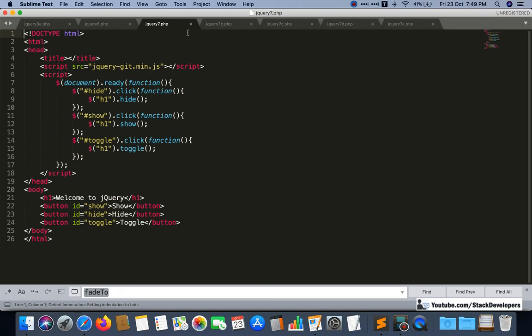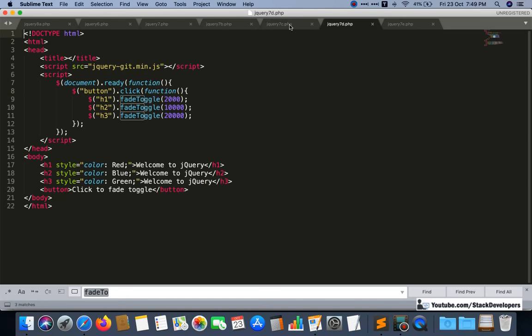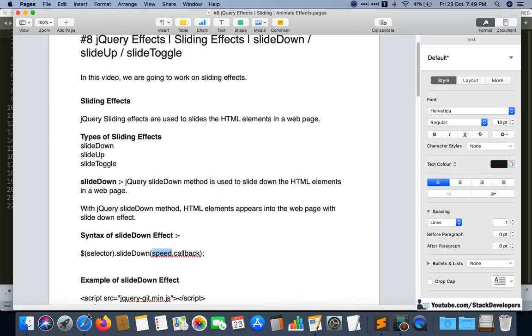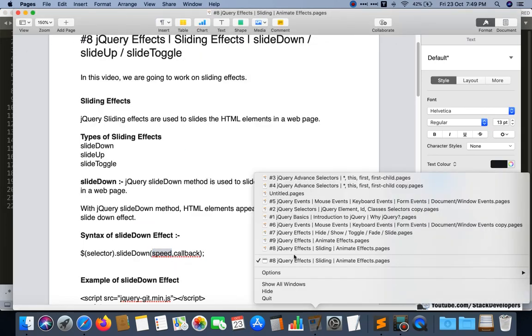See here, fade in, fade out, fade toggle, this is the speed that we are talking about. The 0.9 is the opacity. Speed is calculated in milliseconds, and if you check that video, I will show you. It is in part 7 maybe.